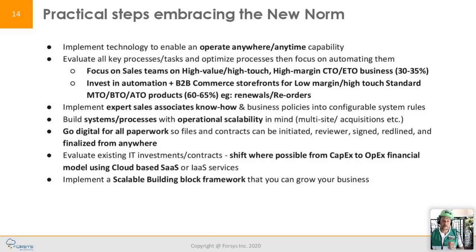But here's the recommendation we have. Really look strongly at implementing your technologies. If you have had an investment strategy that has been very low in technologies, and certainly the precast industry does not appear to have deep roots in embracing technology, it is something that you should consider as far as how you get ahead of the game. How do you move the ball forward? How do you embrace the new norm? It's all about taking advantage of some of the implementation technologies.